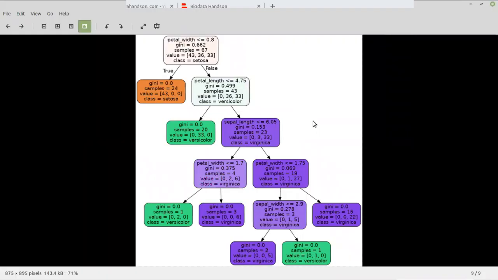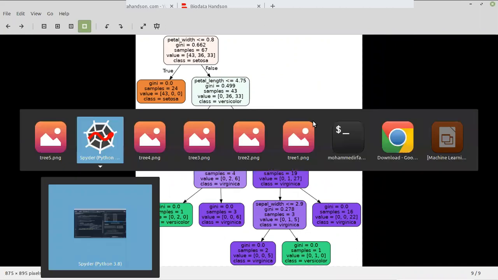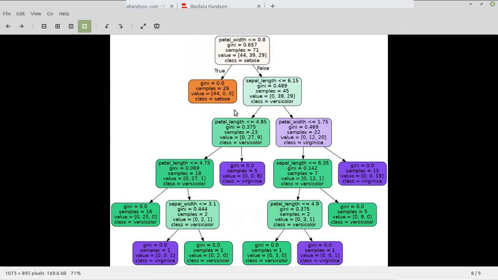Okay, now you can see the 5 decision trees. So let's see the first decision tree here. Now the decision tree starts with petal width. It has petal width, sepal length, sepal width.